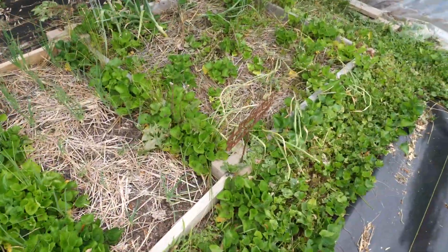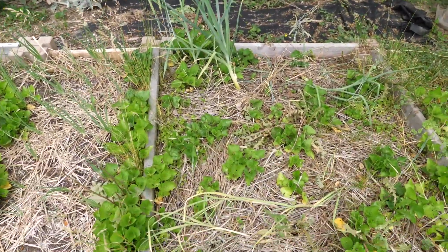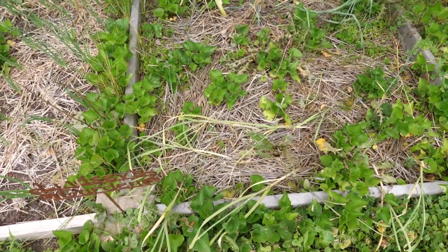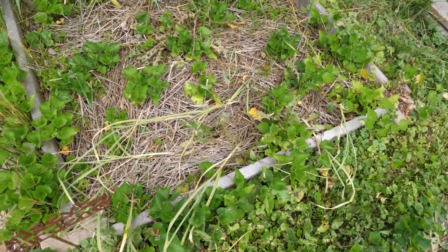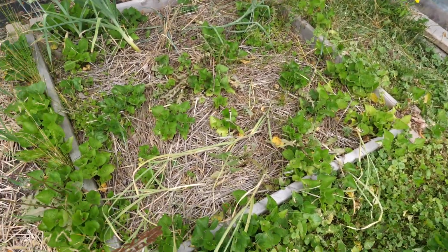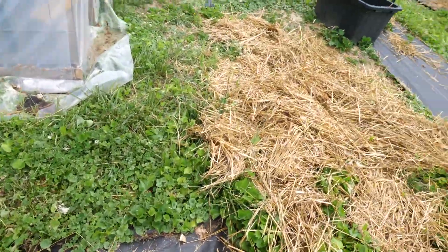And then down here I have my garlic and some leeks that need pulled because they're starting to bulb or go to seed. The garlic looks like it's almost ready. I mean, it's laying down, so it may be just about time to pull these. These went in last fall, so I'll be happy to get those out, and then I'll have basically this whole bed to do something else with. Okay, now over here,